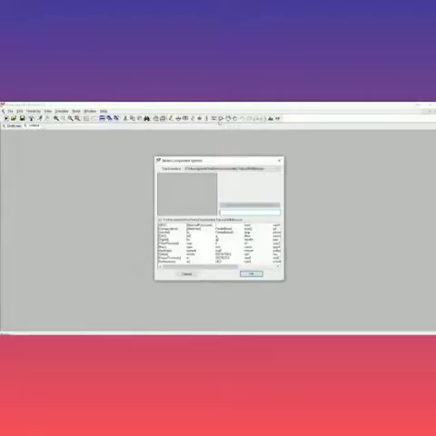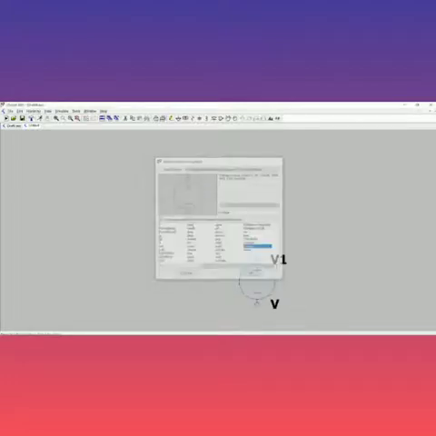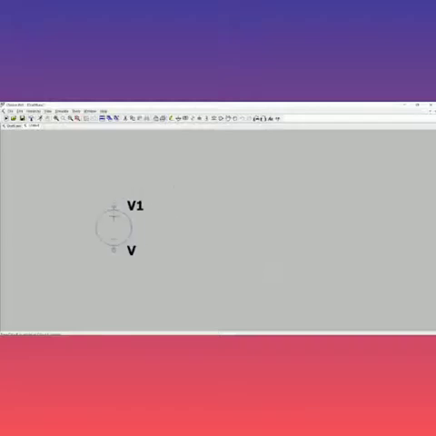The first step is to go to File, New Schematic. You'll get a screen like this. Now you can see a component symbol here, so go and click it. For a clipper to be designed, you require a diode, a resistor and a voltage source. I'm just typing here voltage. Now give OK. Place your voltage here. You can see it will be roaming like this. Nothing to worry, just give a right click so that it vanishes.